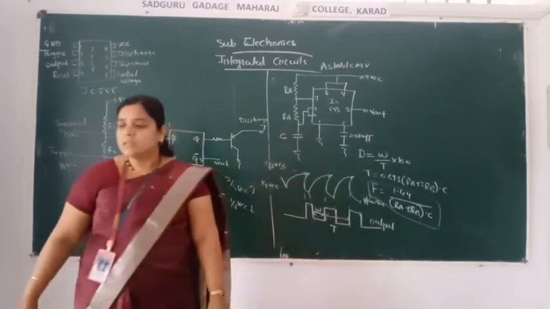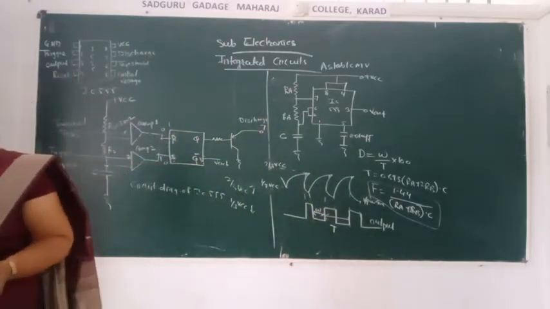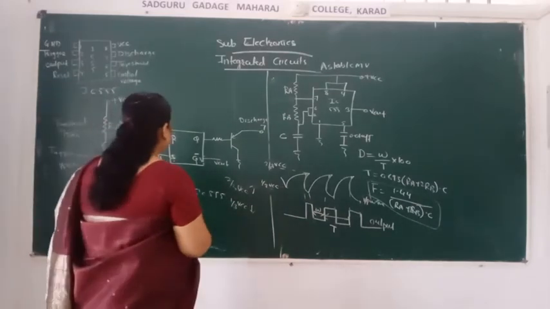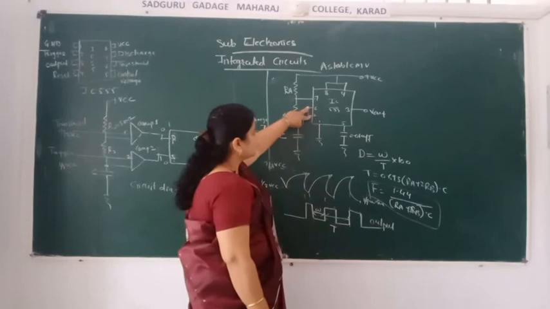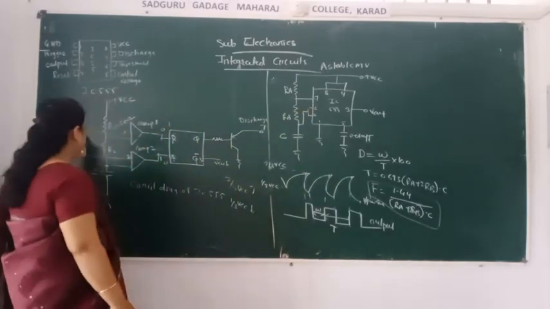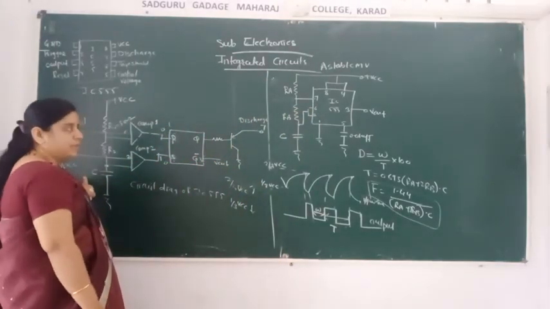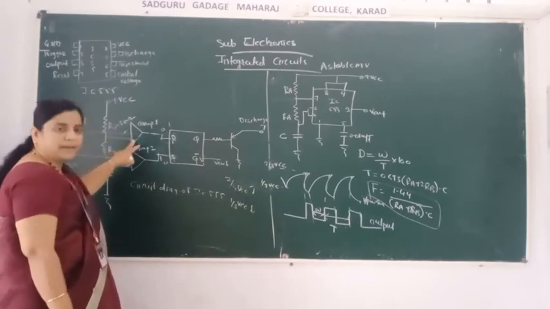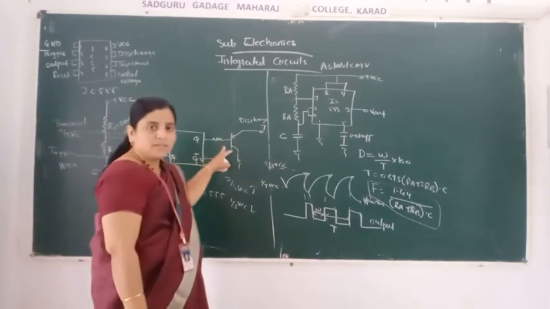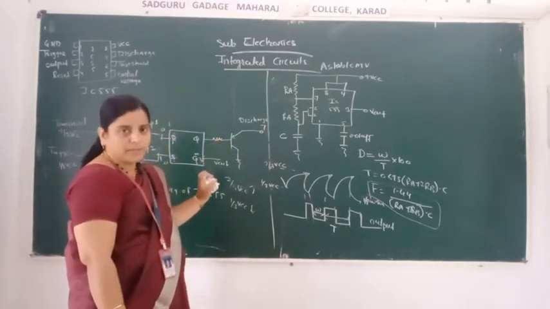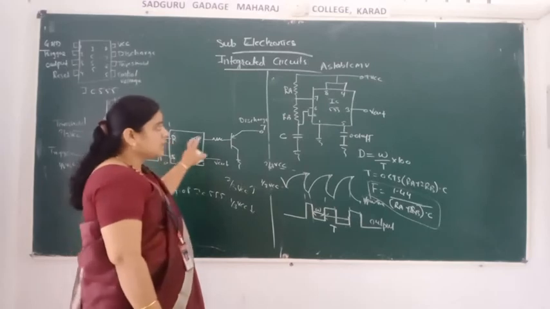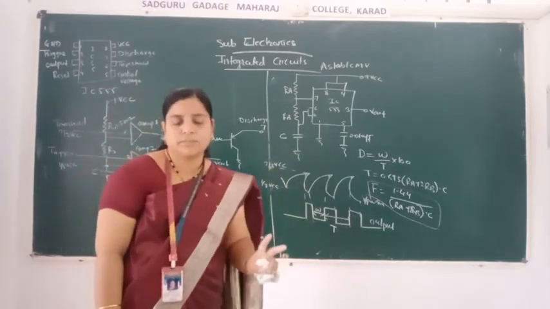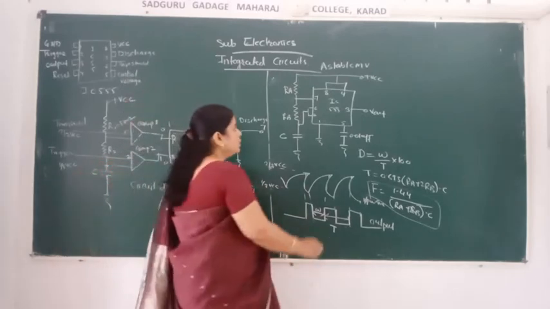This is in the astable multivibrator. So in the astable multivibrator also there are 2 inputs given: pins 2 and 6, the trigger input and the threshold input. If the threshold input is above 2/3 of VCC, then the upper comparator will be high. At that time the transistor will be on and the capacitor will be discharged. This working is applied in the astable multivibrator and monostable multivibrator.